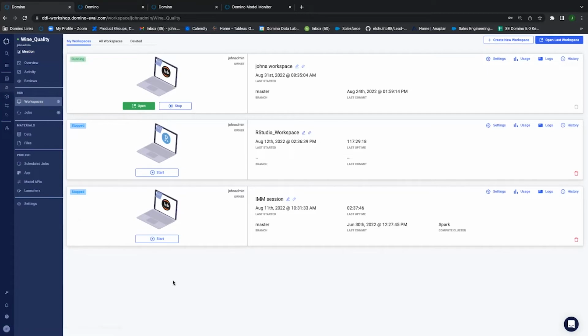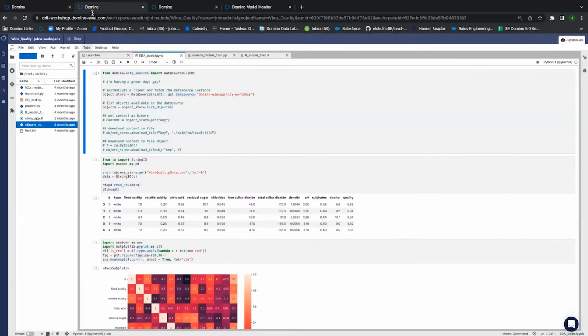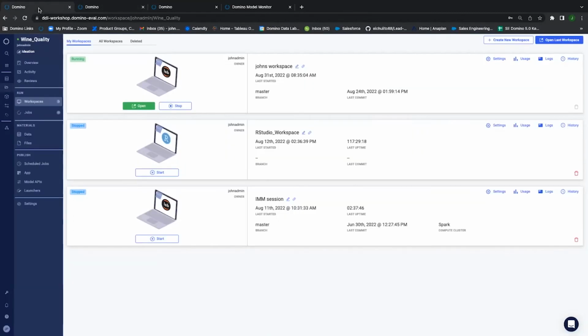You'll see in this case here, we have three different workspaces. The first one is already started up and it's open. So I can just click on the open button and Domino is going to take me directly to that. But before I get to that, you'll see here I have two more that are shut down. Since these are containerized environments, you can allocate resources to restart the containerized environment or deallocate them depending on your needs. So you always have resources available as long as it's been made available by your admin inside of Domino.